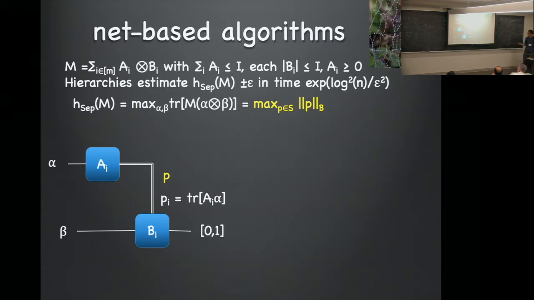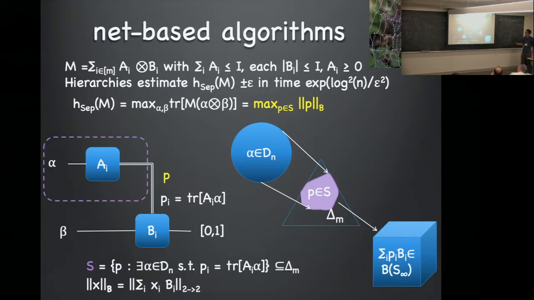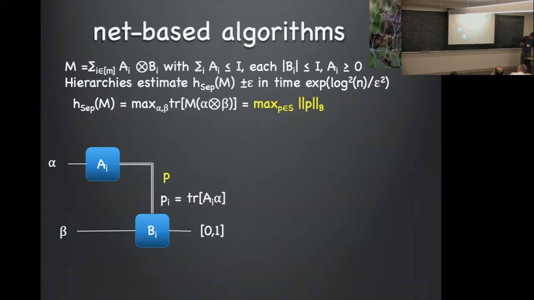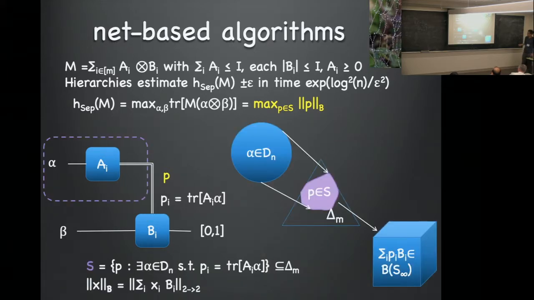Now that you've rephrased it this way, it admits a really simple algorithm, and the idea is to just take an epsilon net over the space of probability distributions. I've just moved everything up in the slide a little bit to make room. So what I'm going to do now is these blue dots are going to be a net of regularly spaced points in the set of probability distributions. Specifically, they're going to be k-sparse probability distributions. In other words, all of the probabilities are integer multiples of 1 over k.